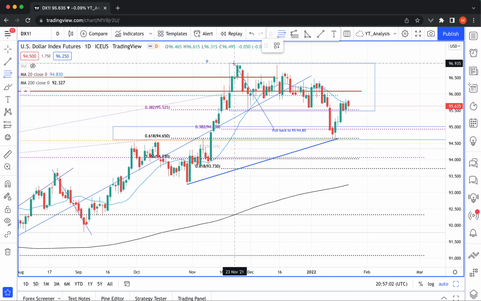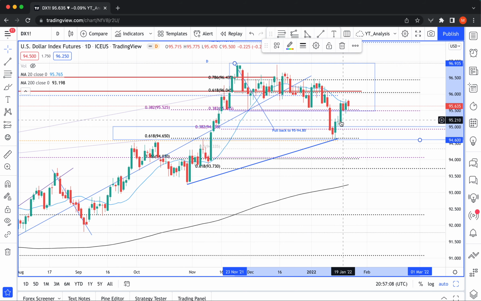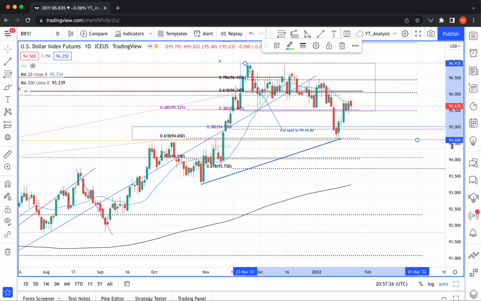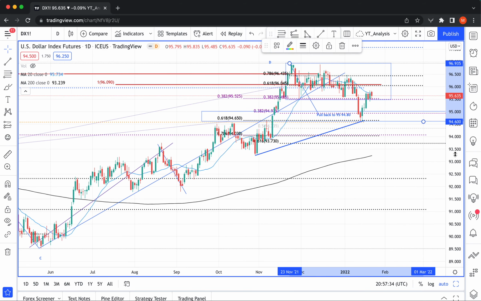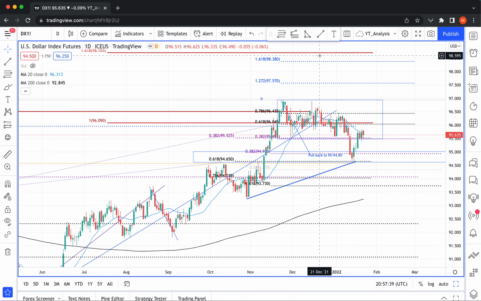So what we are looking at now is that it's back into this rectangle formation, this blue box which we see, and basically it cleared the 38.2% retracement level, and it's a little bit of sideways price action here, but we believe that as long as this low is not taken out, which is the 94.65 level, it is in an ABCD movement higher, and what we'll have is a possible target of